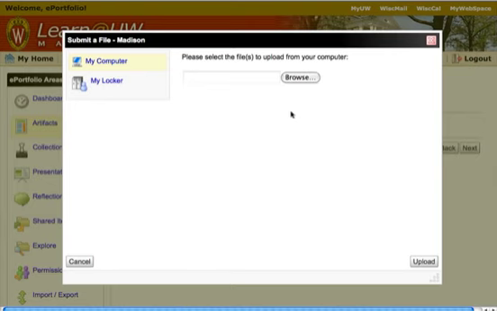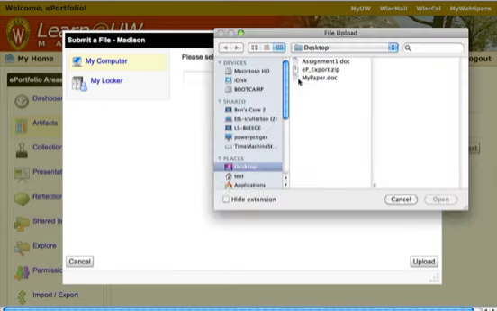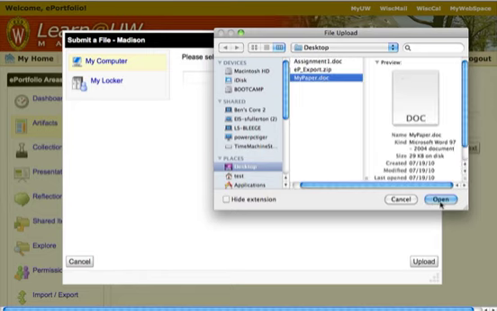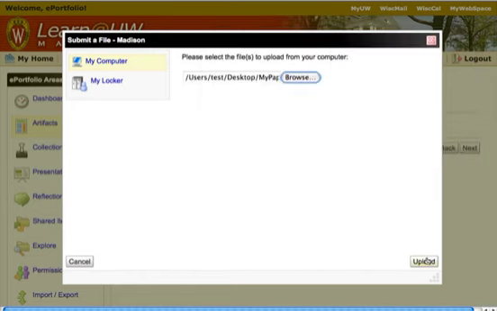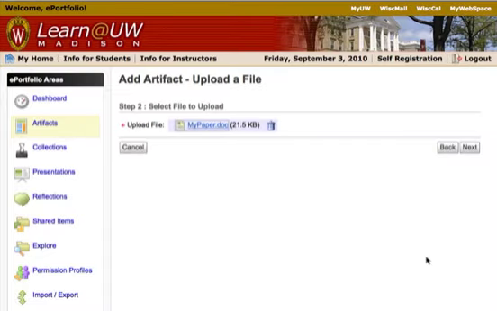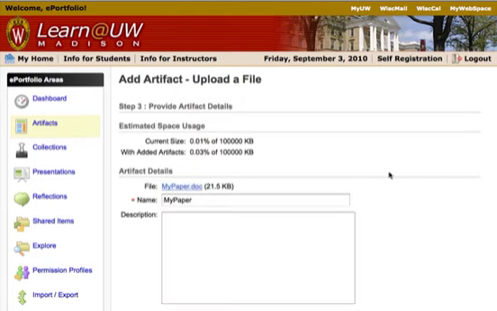Right after I click Add File, it brings me to a page where I can add something. Let's say I want to add my paper. This is a really good one that I want to show off, or maybe it's the one that my instructor told me I want to share. So there it is. Just click Next. And then you'll be asked to give a little bit of a description of it. You'd probably give it a better name than this. And the description,